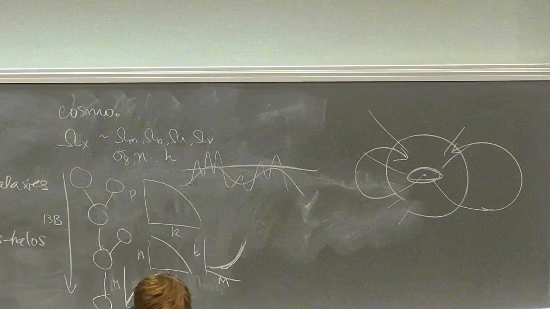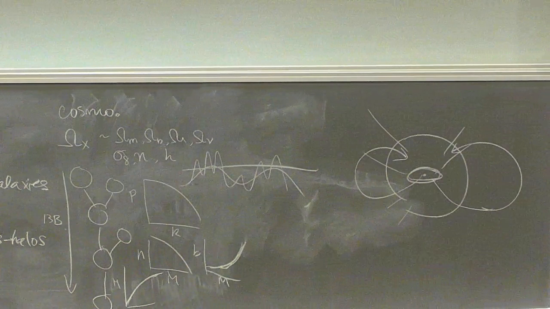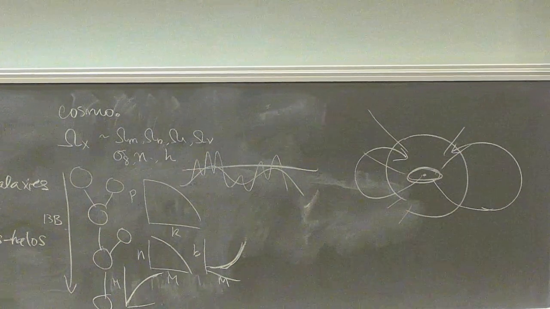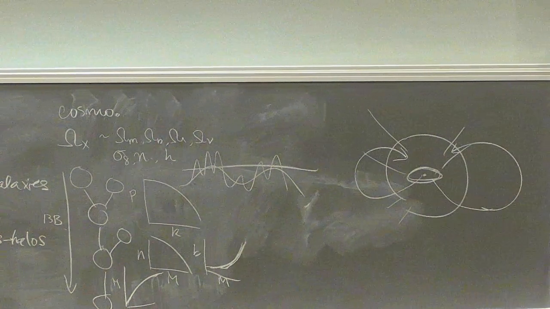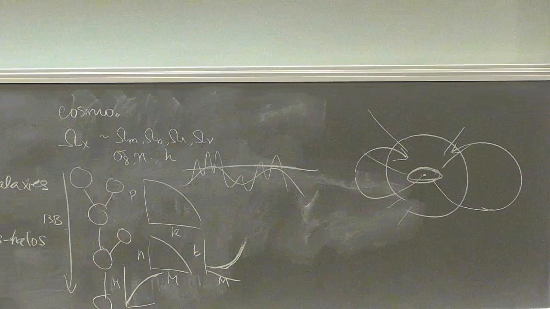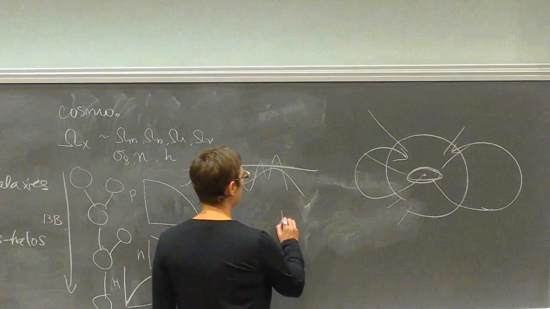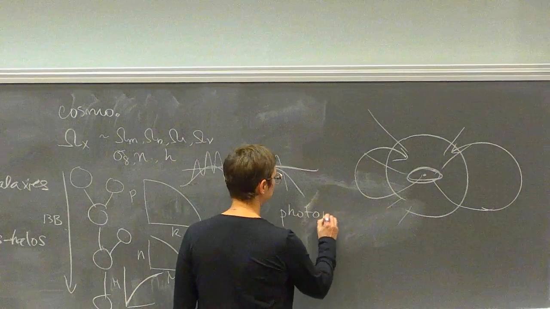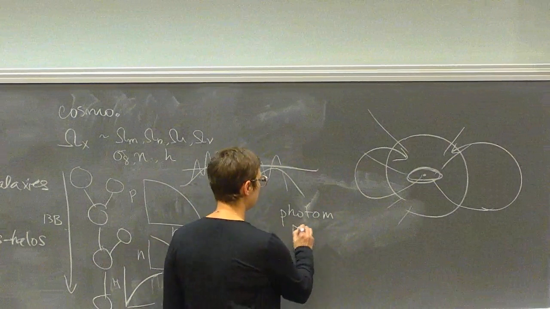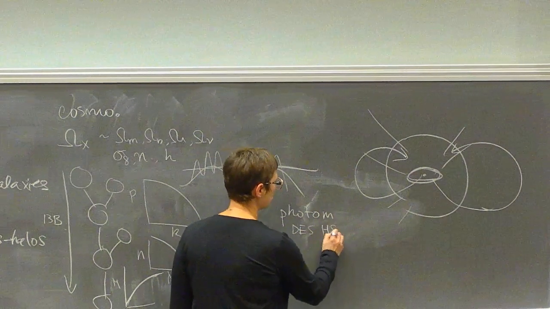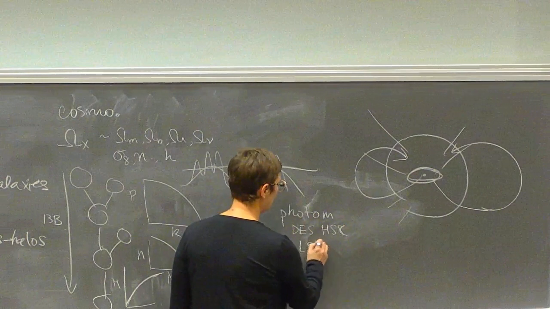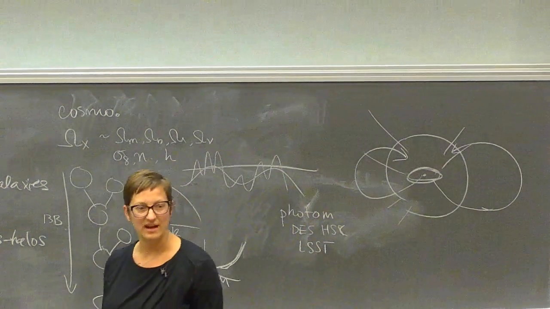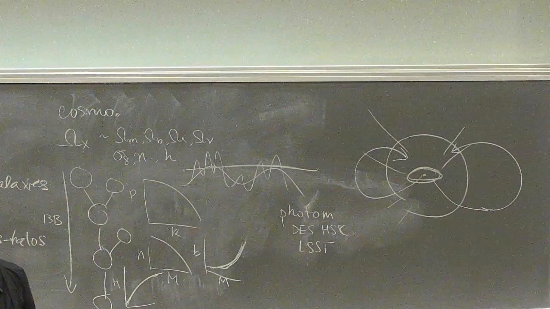Okay, so now in that context, that's the theoretical landscape. Let's just talk a little bit about the data landscape that we're in now. We have a really incredibly rich data landscape that we are already living in, and that is coming soon, right? We have very large photometric surveys. Currently, things like DES, HSC, and very soon, the Rubin Observatory, the camera is finishing this summer and shipping down to